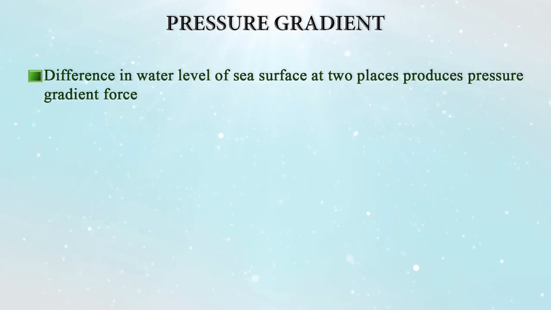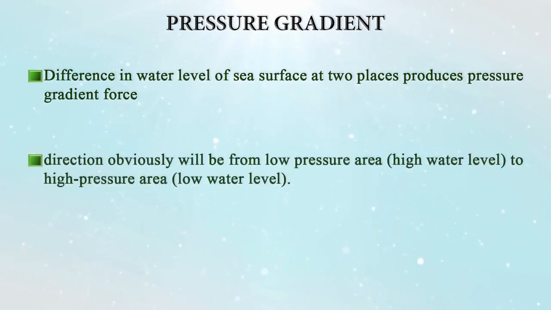Now, pressure gradient. Difference in the water level of the sea surface at two different places produces pressure gradient force. You see, in low pressure areas, water will be at a high water level compared to the high pressure areas, where pressure is exerted on the water surface and so it will be a low water level. So when from high pressure areas water is pressed below, there is a subsurface current from the high pressure area to the low pressure area, and along the surface this